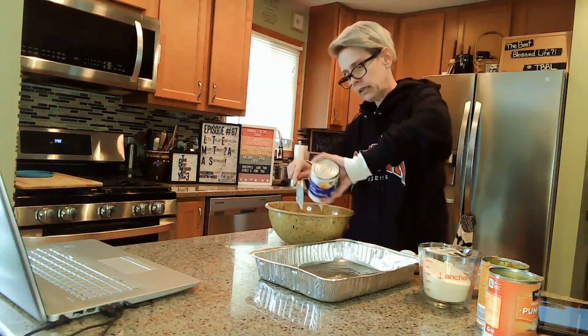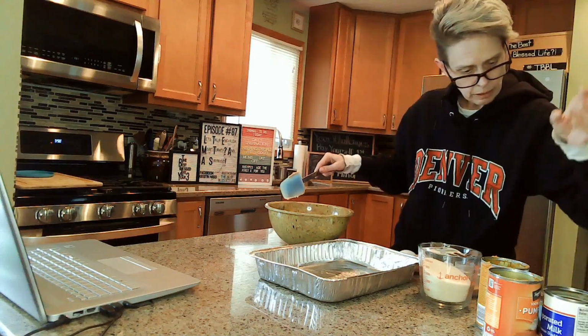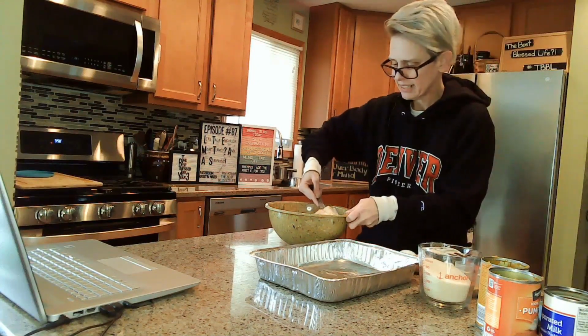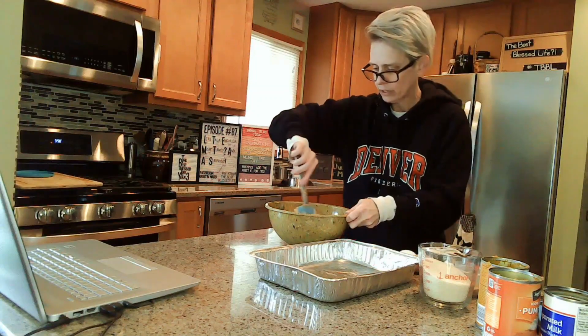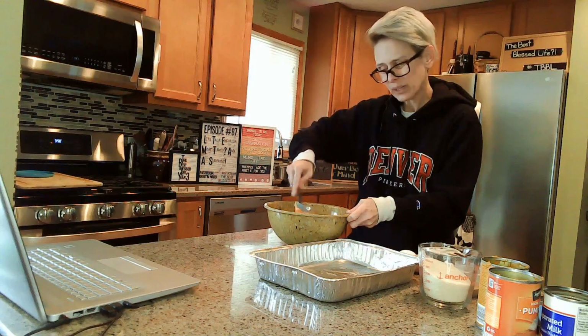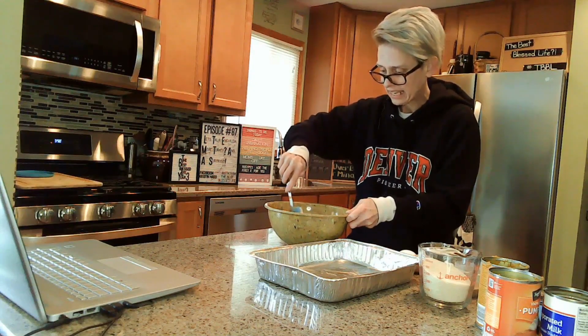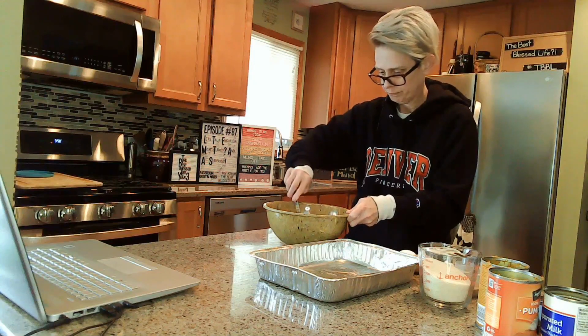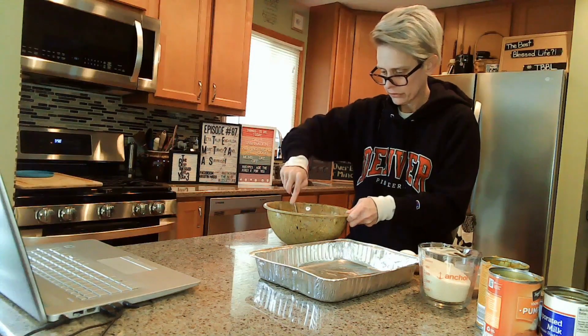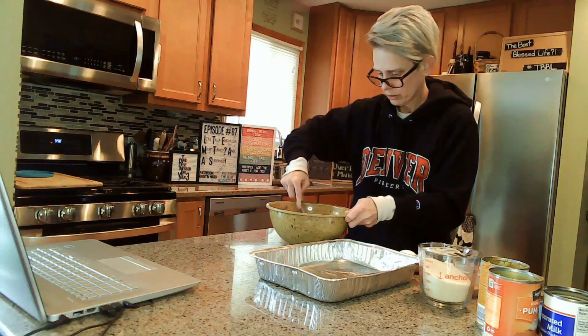And sadly, I forgot to shake it, but luckily this time it was okay. And I'm going to mix that together just because it'll get sloppy. You know, when you have a liquid mixing with not a liquid, but not a solid, a puree like this, it can get a little messy. All right, anyway, I'm going to stir this up and talk to you at the same time, hopefully, because I want to talk to you about,